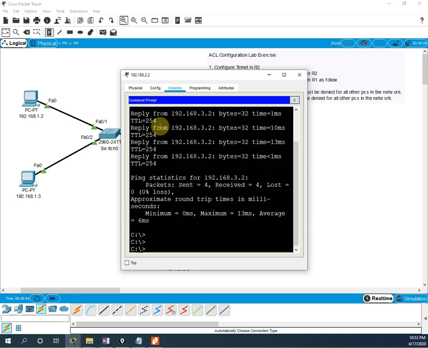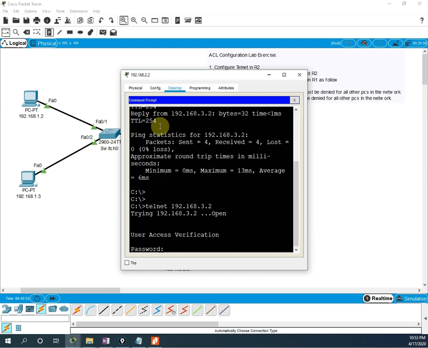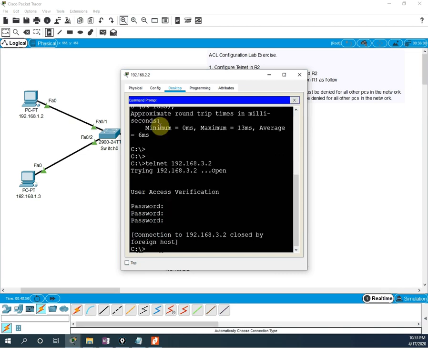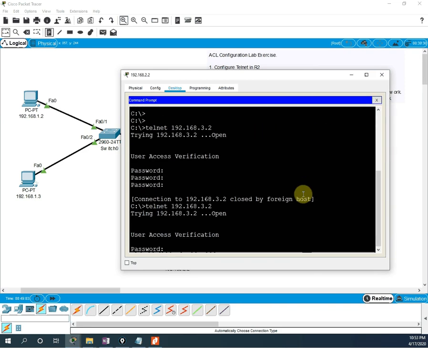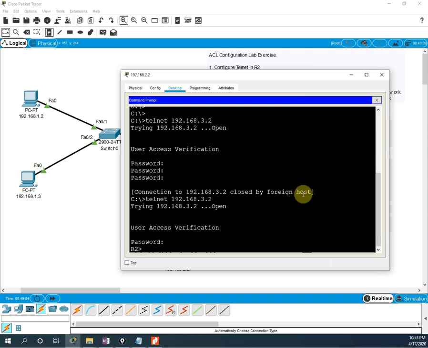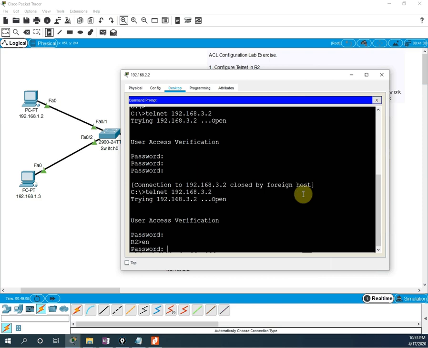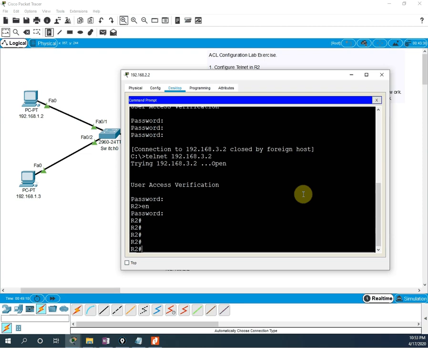We need to check ping also in the next command. So telnet 192.168.3.2. Here it is asking, so I will write the password, 12345. I wrote the wrong password, let me maximize this, then we will do the telnet again, telnet password 12345. So I am inside the router, I need to go to enable mode, then the password is Cisco. So we are able to access the telnet for router 2 from all 3 PCs.